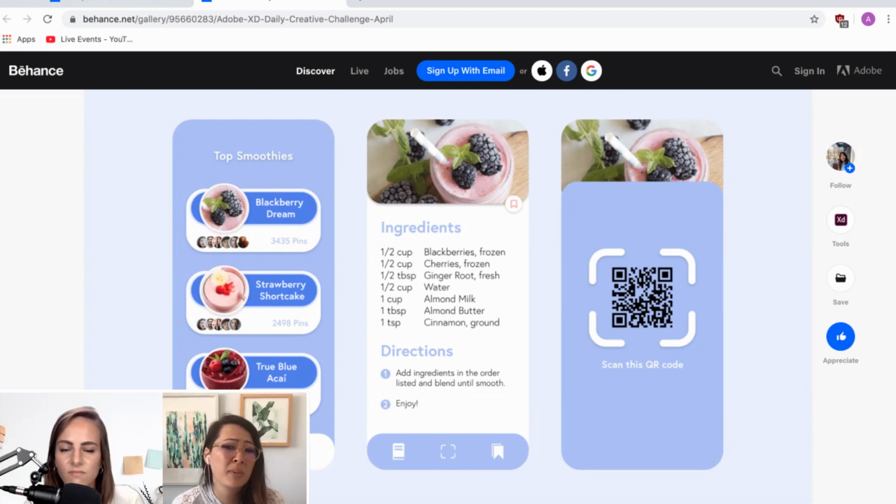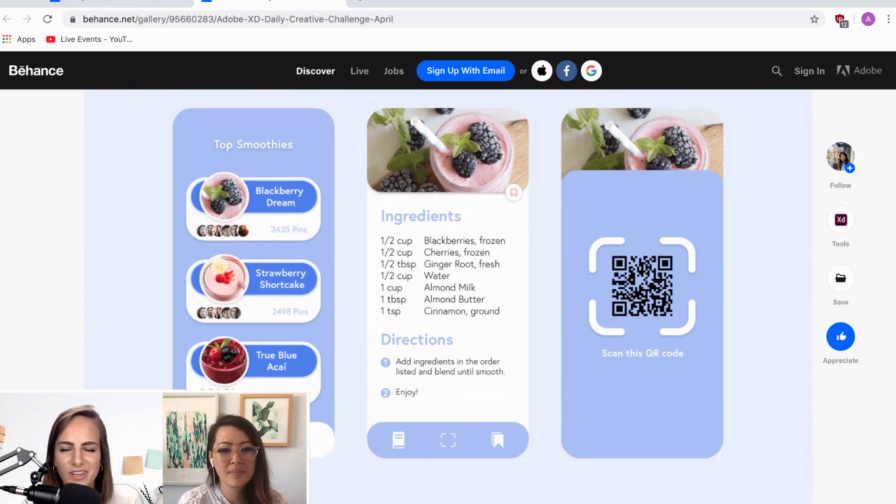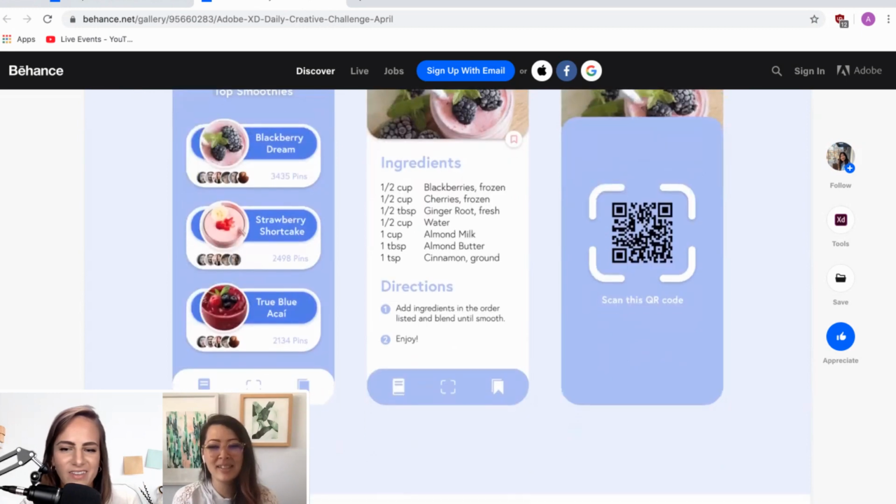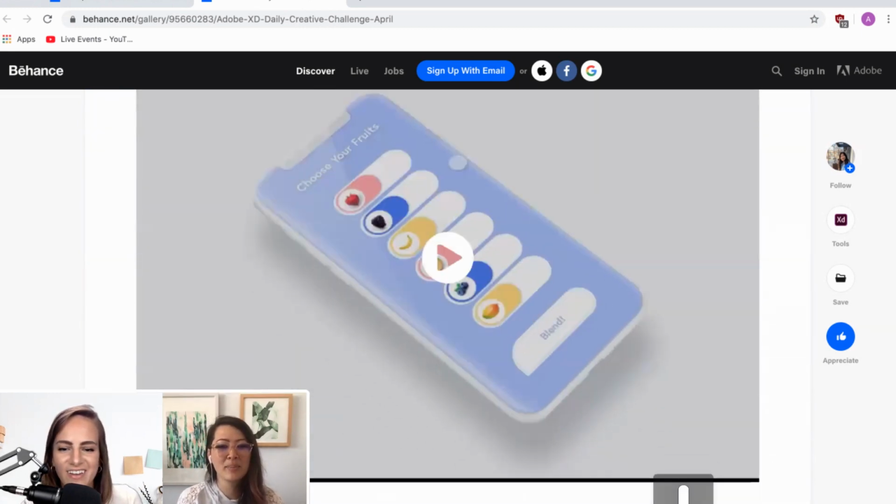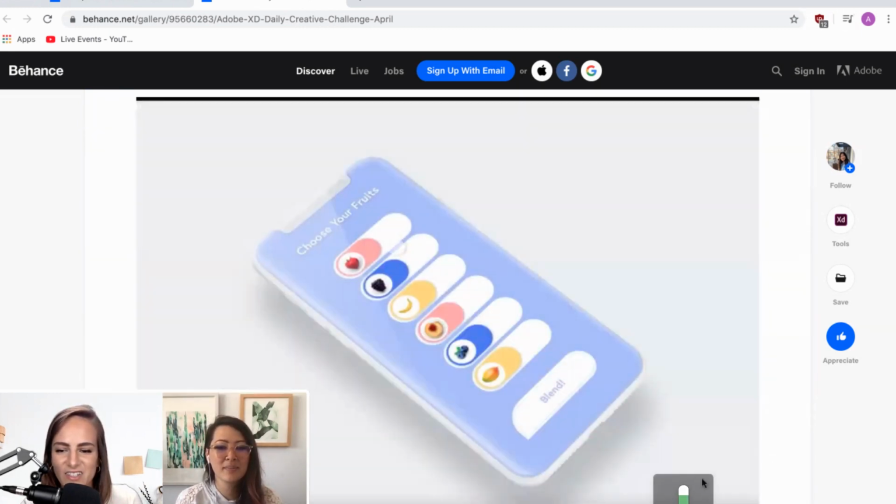But I just think this is really beautiful. And again, love the colors. You have a really great eye for this very comfortable, beautiful aesthetic that I really like here. I agree. Very smoothie colors, like blueberries. Yeah, I love it. I want this app. Ooh, we have a video. Let's check this out.